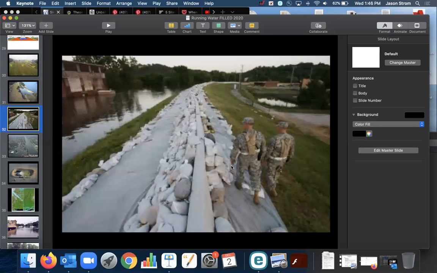Here we have one. So you can see the floodwater on the left. Most of the levees were constructed and are maintained by the U.S. Army Corps of Engineers. So what they've done here is they put plastic over the top and sandbags. So in addition to adding a little bit of height, the big thing is that the plastic on the top,